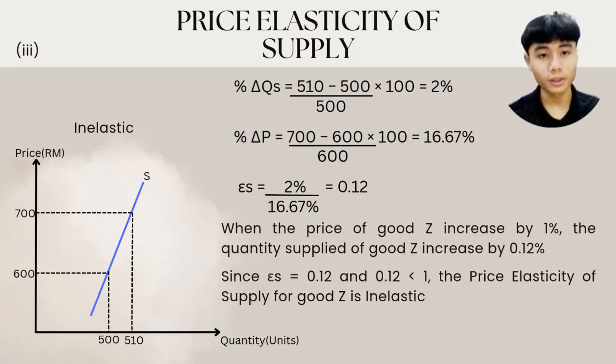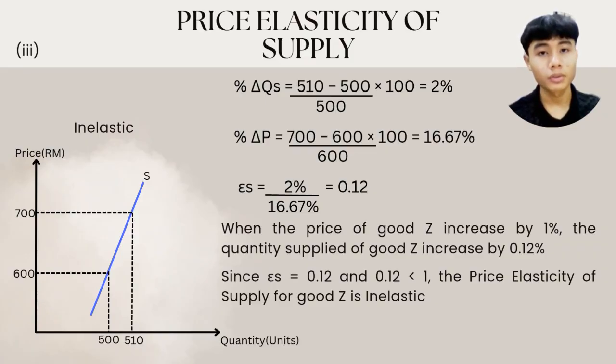Moving on to the final question. When the price of good Z increases from RM600 to RM700, the quantity supplied increases from 500 units to 510 units. We found out that the price elasticity of supply for good Z is only 0.12 by using the formula, which means that when the price of good Z increases by 1%, the quantity supplied of good Z